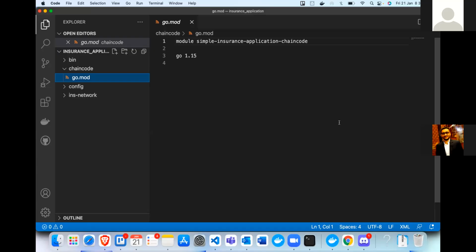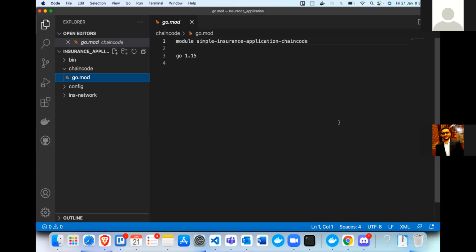Why does that error come? Because we have copied the chain code from somewhere else, and that chain code has a different version of Go in the go.mod. In my machine I have 1.15,